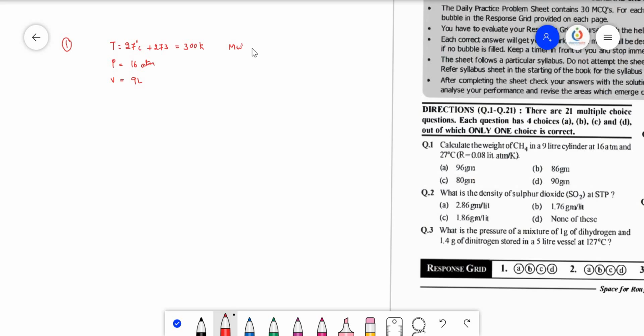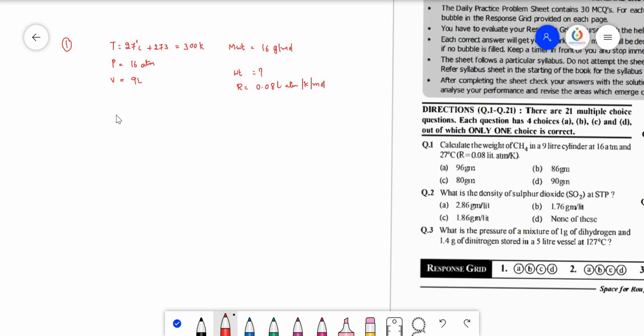Molecular weight of the methane is equal to 16 grams per mole. Now we need to calculate the weight, and R value is also given, that is 0.08 liter atmosphere per Kelvin